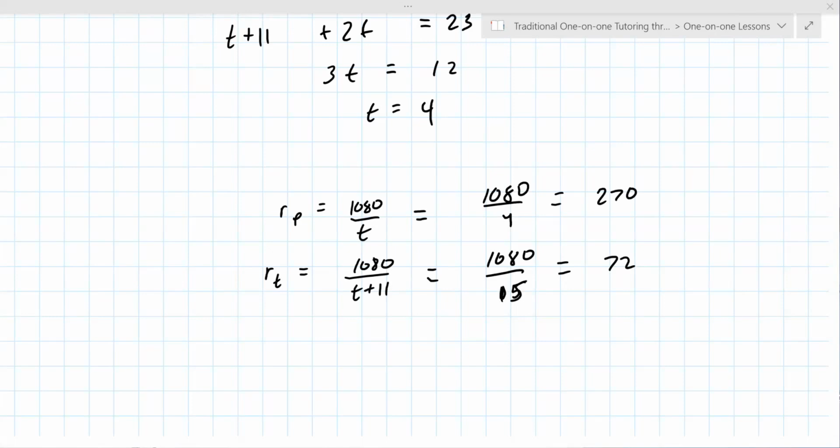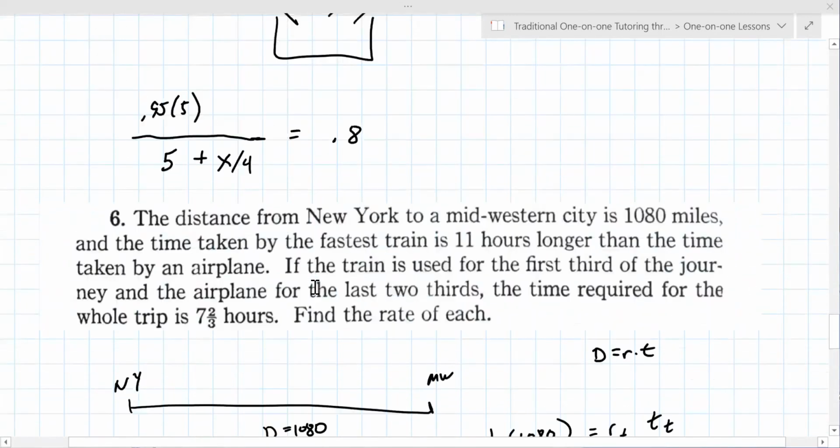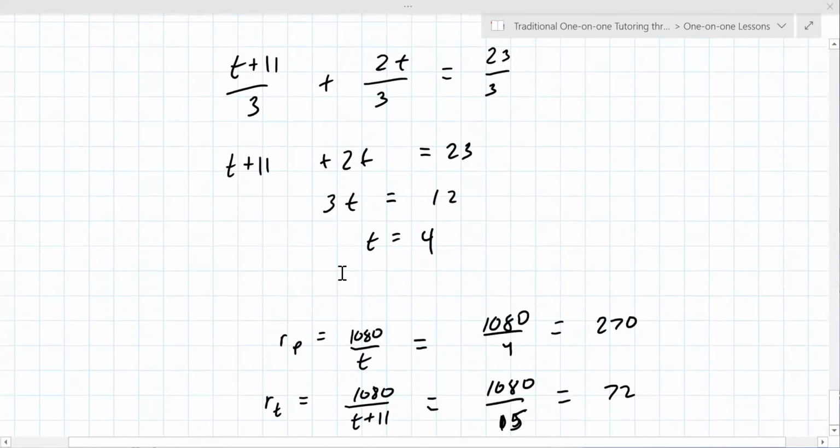Group 6 should be pretty straightforward here. Is it miles per hour for both of them? Let's go look. I don't remember. Yes, miles per hour. Awesome. All right. Now we go to group